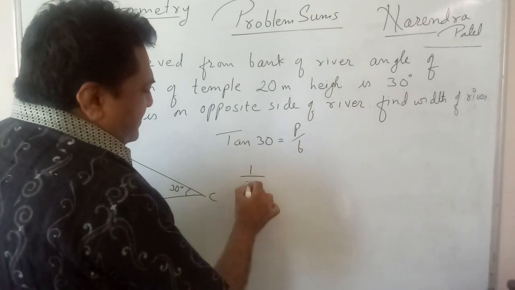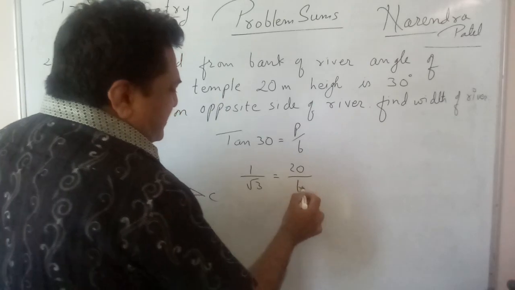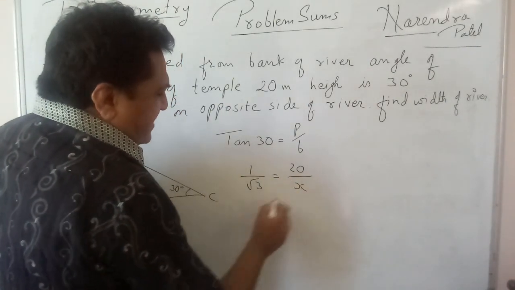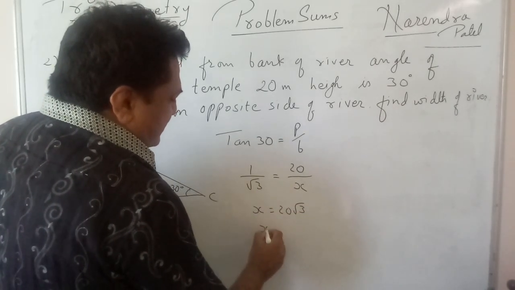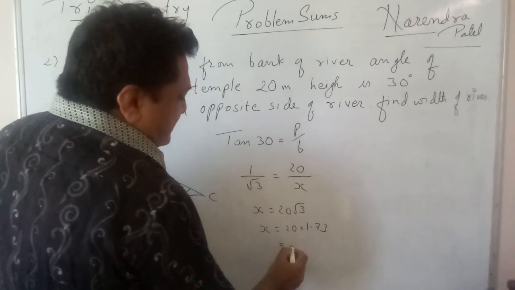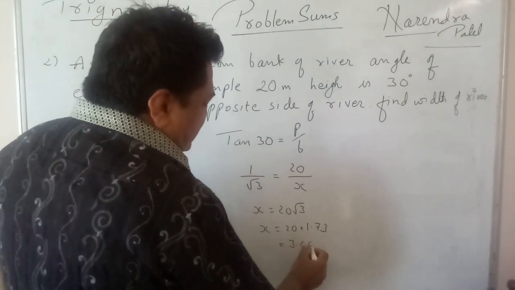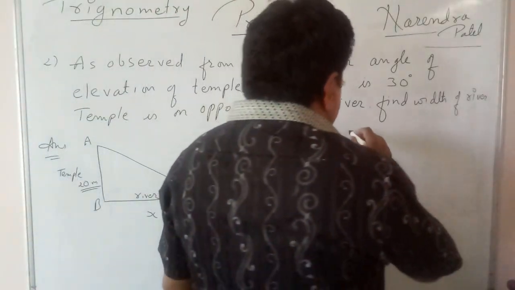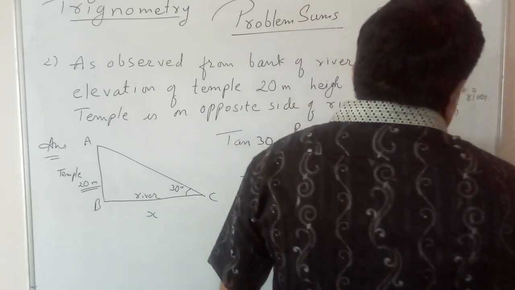The value of tan 30 is 1 upon root 3. Here P is 20. B is not given, but we have taken it as x. So x is equal to 20 root 3. We know that the value of root 3 is 1.73, so we will multiply it, and we get 34.6 meters. So the width of the river is